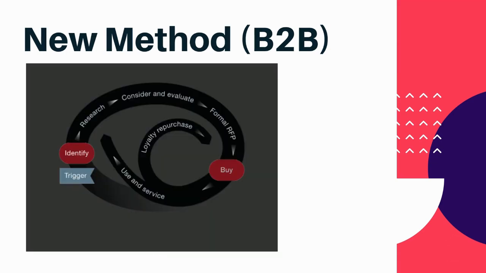The B2B customer journey looks somewhat similar. First, a trigger prompts the buying process. Then they identify possible solutions and start researching and evaluating options. They may then solicit a few providers to submit a formal proposal based on an RFP. A purchase decision is then made by various decision makers in the company. If the switching costs are high and the experience is smooth, the company will remain loyal and make repeat purchases. So that's what the